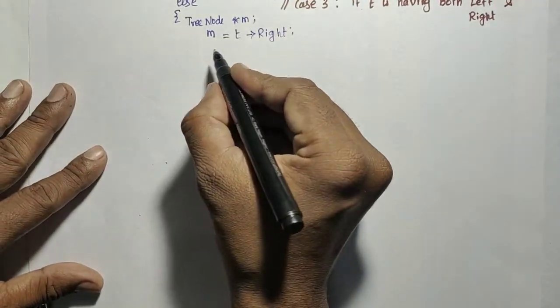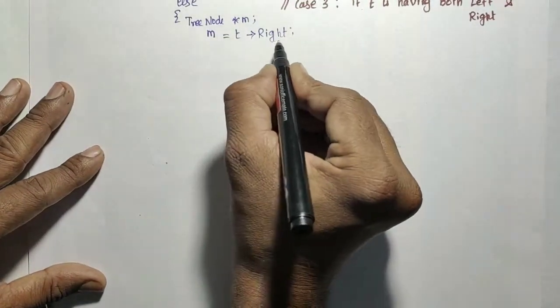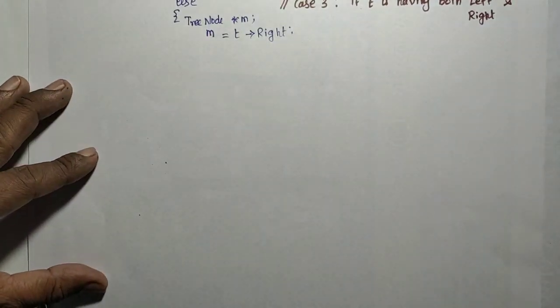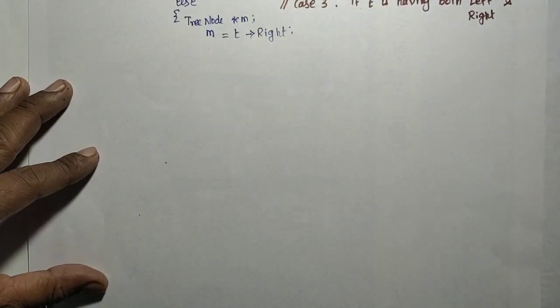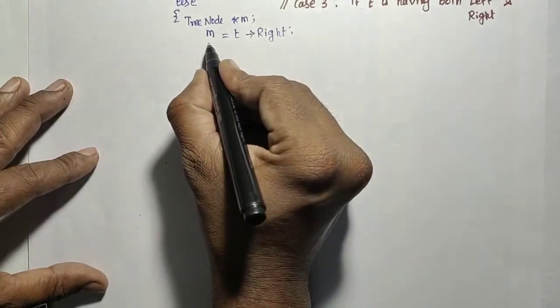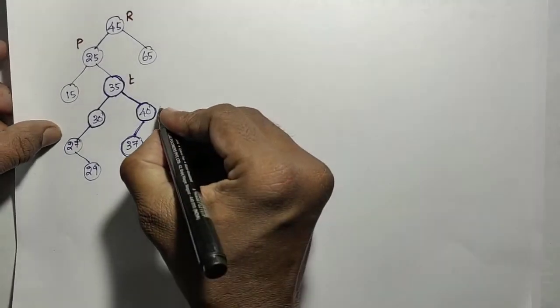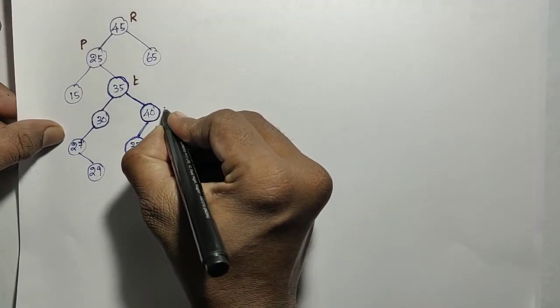So which solution did I select? I am going for the right subtree. From the right subtree I am going to pick the smallest element, that is the leftmost element. So I start searching from here, and m will be initialized here.